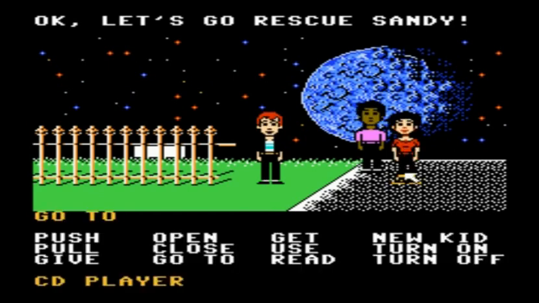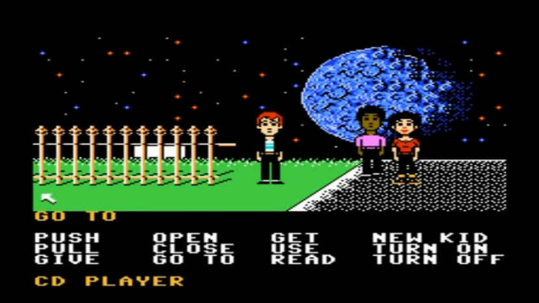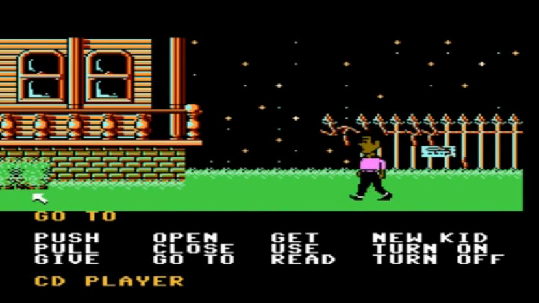Now in this run, as soon as we get control of our characters, I'm going to go ahead and switch to Michael, and I'm going to be using only him and a little bit of Wendy throughout the run of the game. Now with Michael, we're going to start heading over to the left,